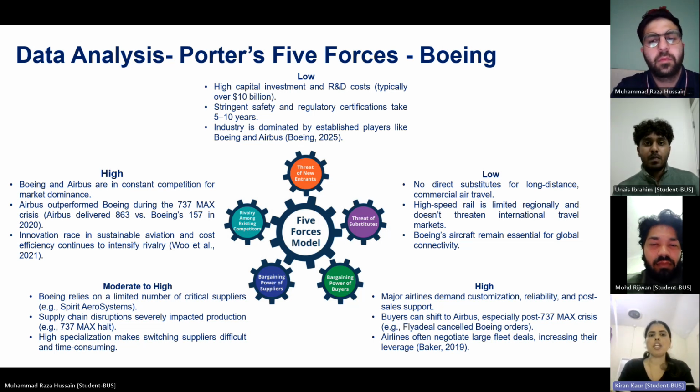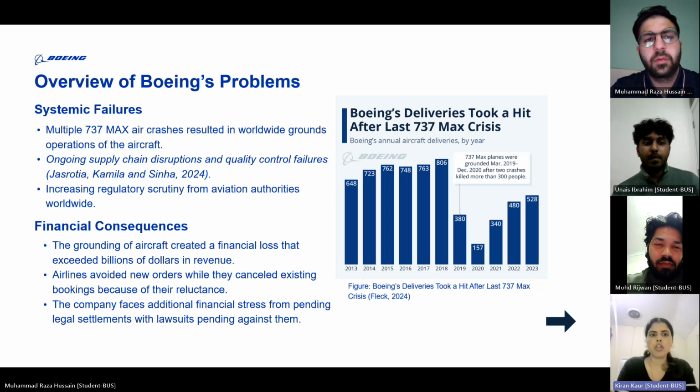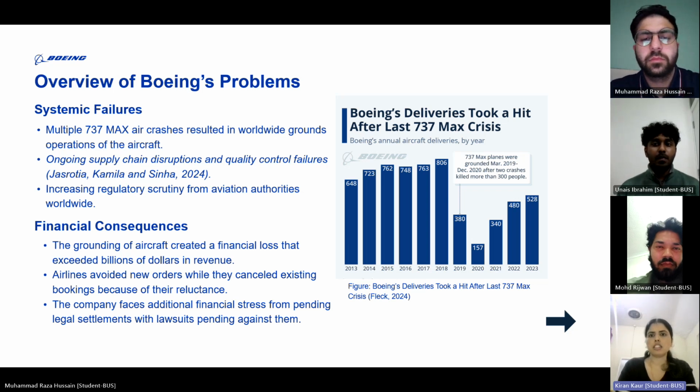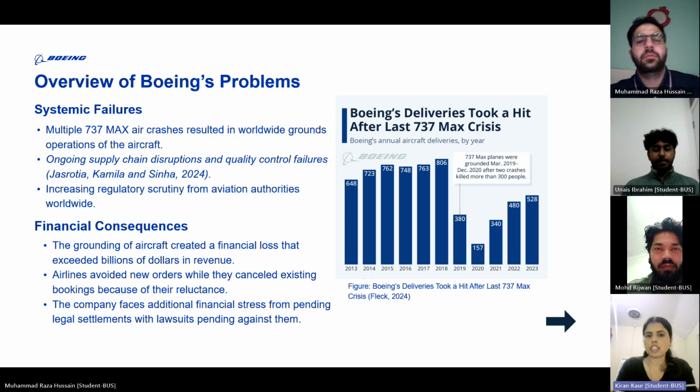In the next slide, we are talking about the overview of the Boeing problem. After the 737 MAX crisis, Boeing faced financial as well as reputational problems. Financial: the grounding of the aircraft created a financial loss that exceeded billions of dollars in revenue. The company faced additional financial stress from pending legal settlements, and numerous lawsuits pending against them